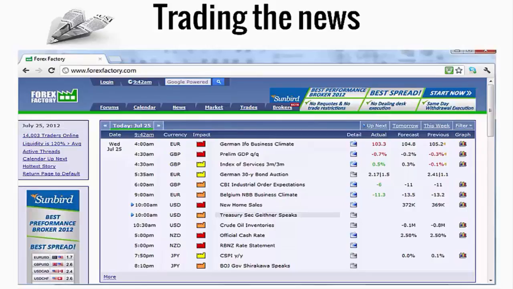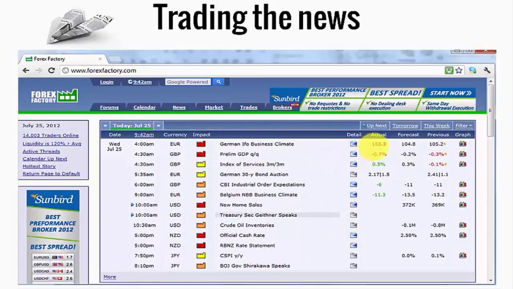Going across the screen, we'll see first of all a time of day, which is based around the time of day when I was recording this. We've then got a currency and an impact level. We've then got what the actual news is, and some detail of the news, which you can press on and get more information.